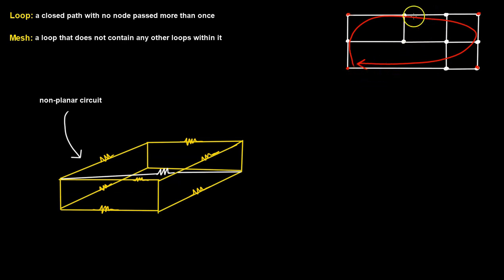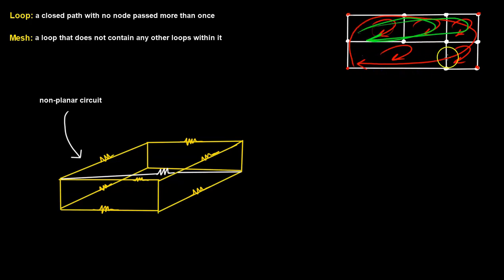Now, this is one large loop. Within that loop, there are more loops. So you can look at this one and say the current's going this way, and this way. You could choose this other loop. Let me do a different color. You could say this is a loop, or this is a loop. So you can see that